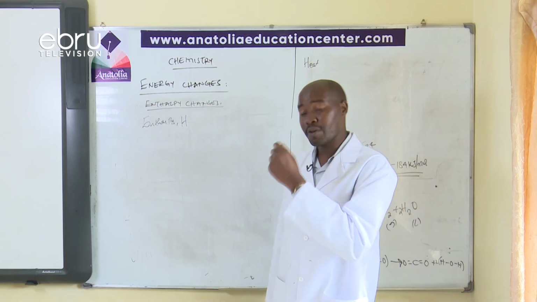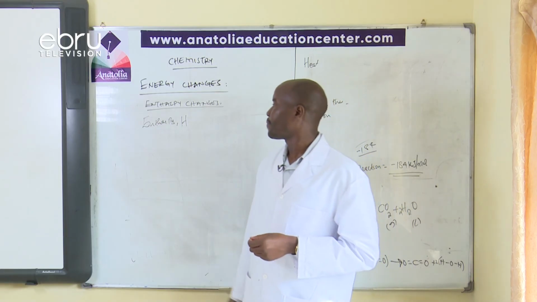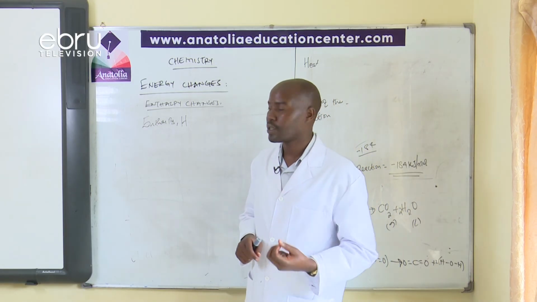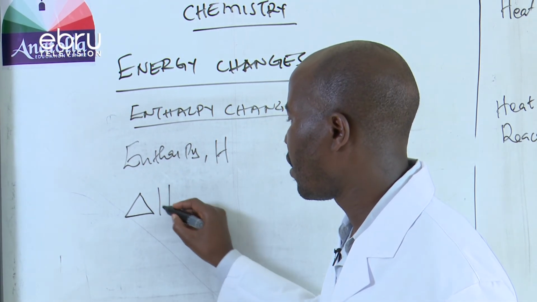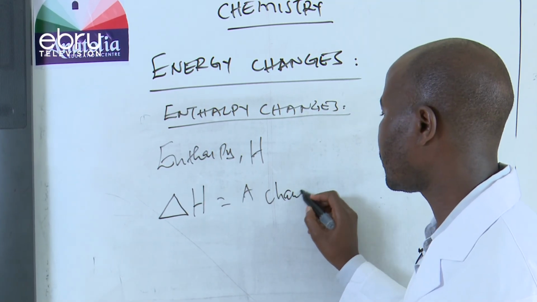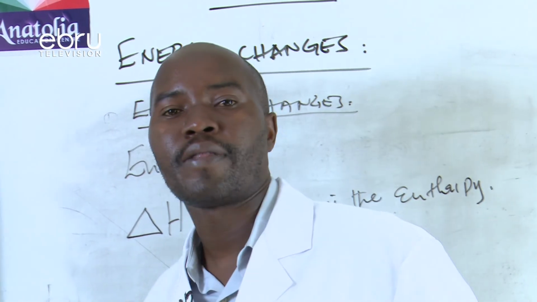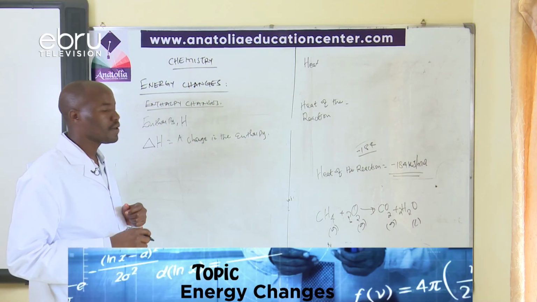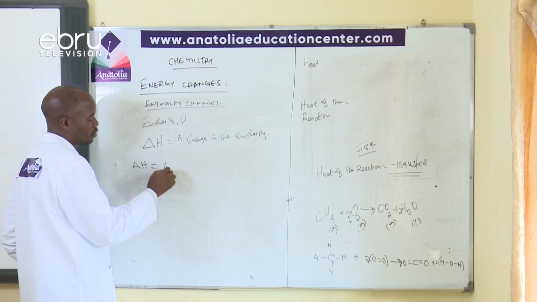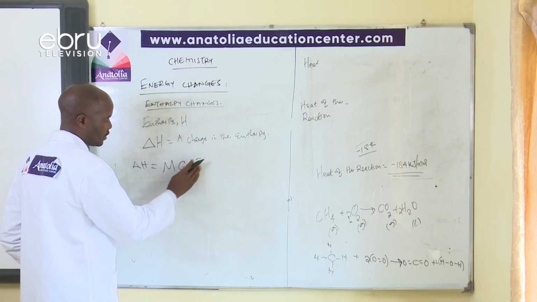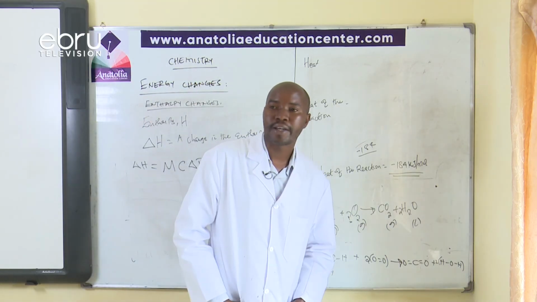So we cannot get the enthalpy of a reaction by directly measuring, but we can get it by getting the change in, for example, temperature. So a change in the enthalpy is represented as delta H. So this is simply a change in the enthalpy. How do we get a change in the enthalpy? We get a change in the enthalpy by carrying out experiments in the lab, whereby enthalpy change will be equal to MC delta T. This is the general formula for calculating the enthalpy change,